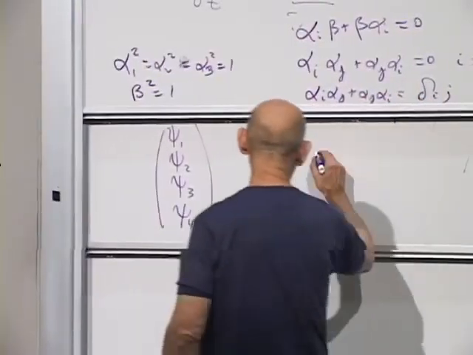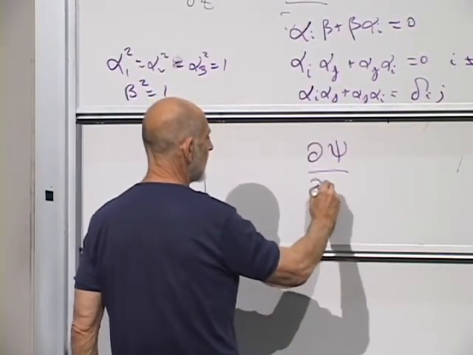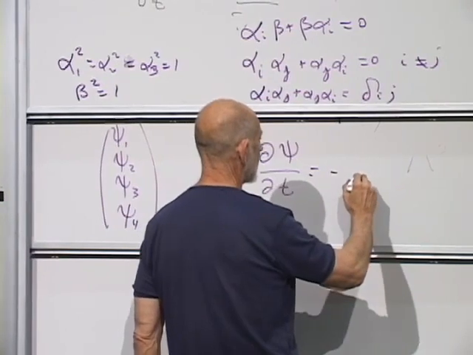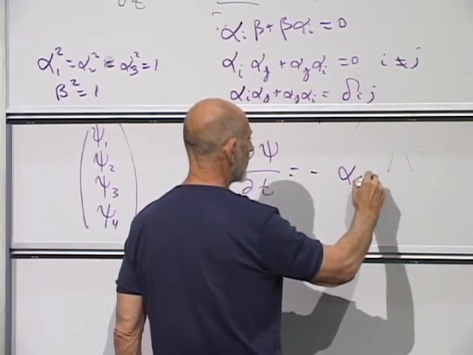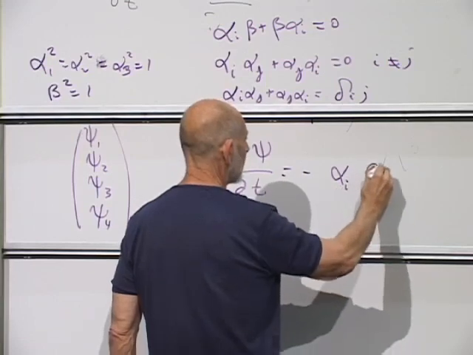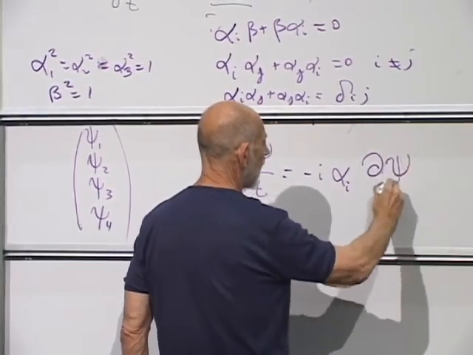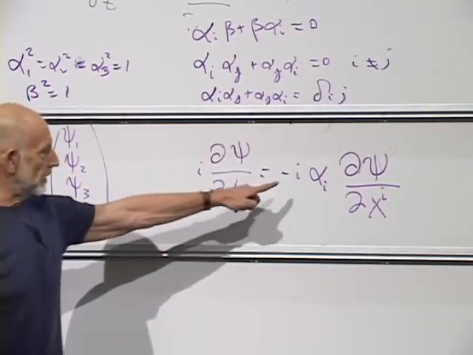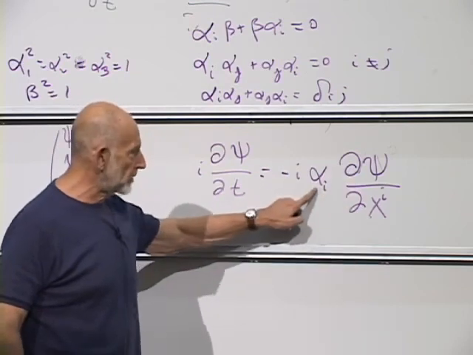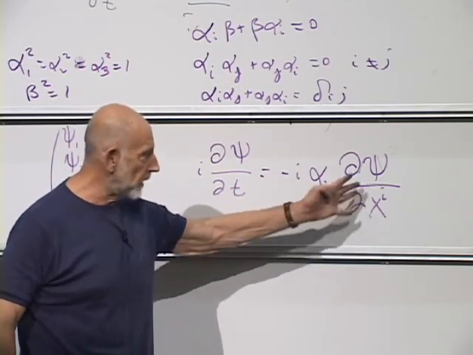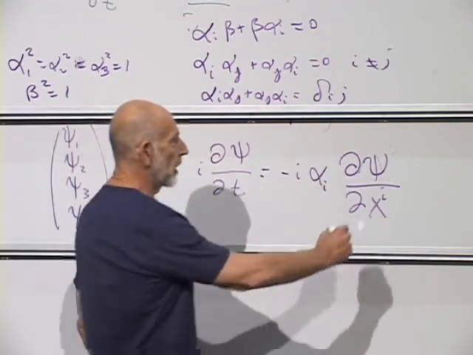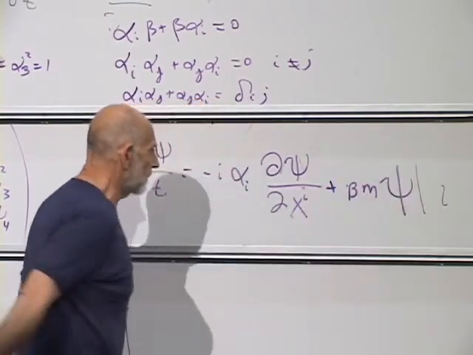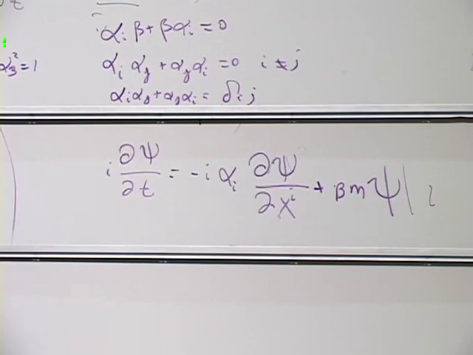And you write i times the derivative of psi with respect to t is equal to minus alpha_i times the derivative of psi with respect to x_i. x_i means x, y, and z. This means alpha 1 times the derivative with respect to x, alpha 2 times the derivative with respect to y, and so forth, summed over i, and then plus beta m psi. That's the famous Dirac equation, and it stands for 4 equations